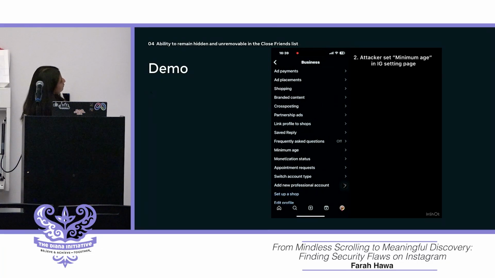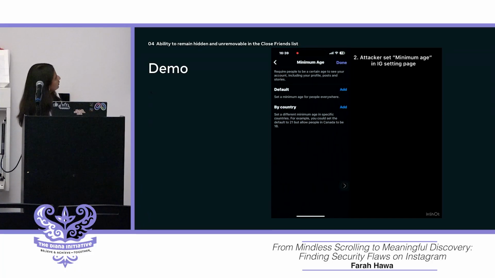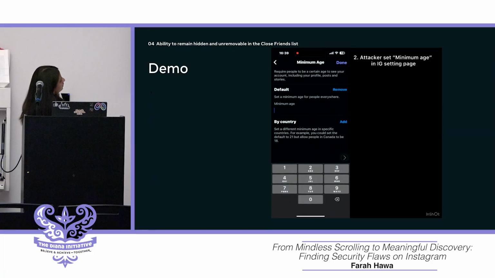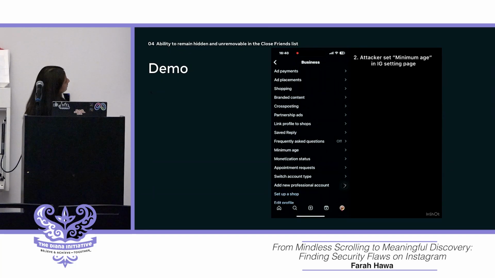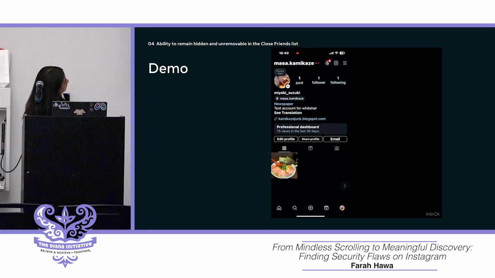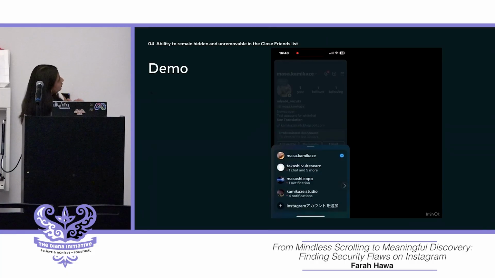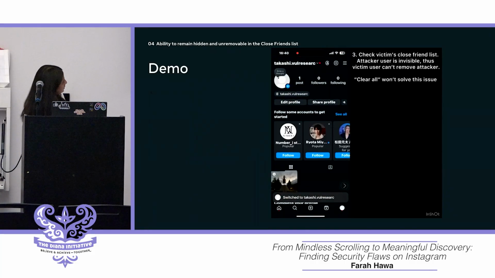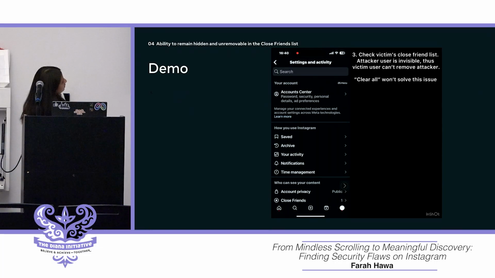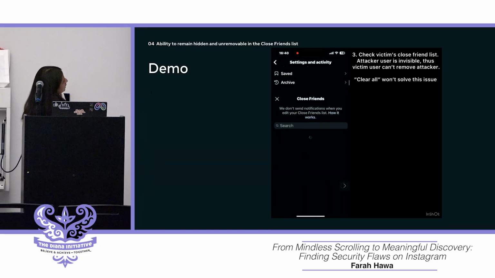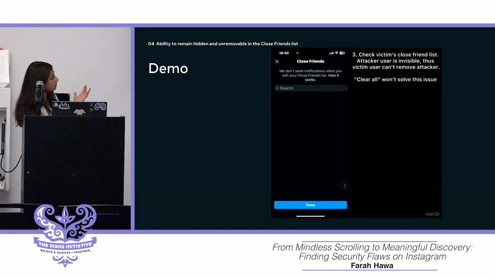You have a setting for minimum age. You switch back into the victim's account. You try to see who's in your close friends, and you're not going to be able to see this person's account.